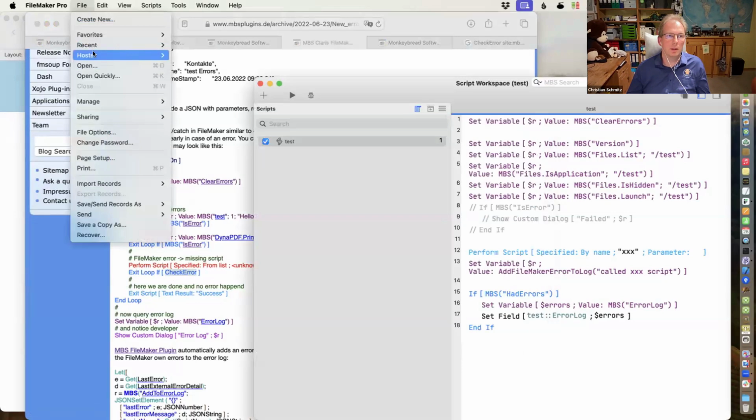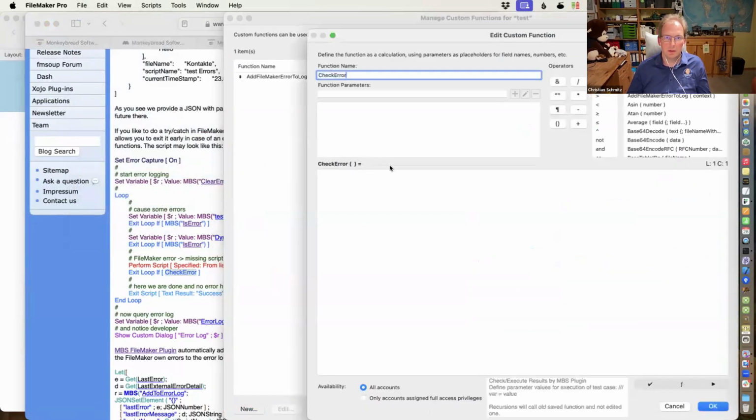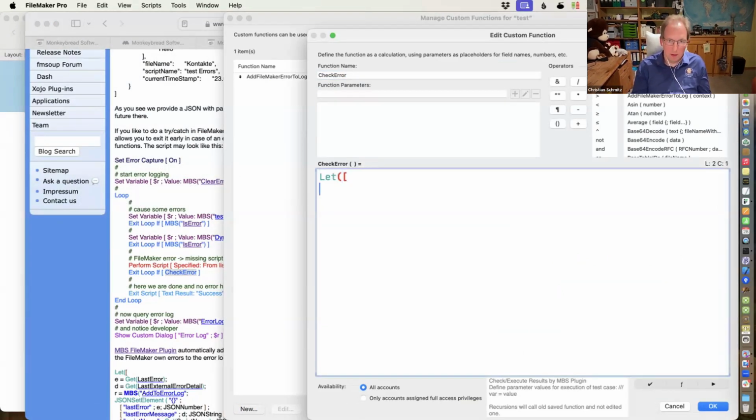And we could do that too here. Let's make a new custom function. Doesn't need a parameter, and say let. So get last error. And now we could say if E is not 0, so we had an error, then we call the add FileMaker error log function and say here in what error.